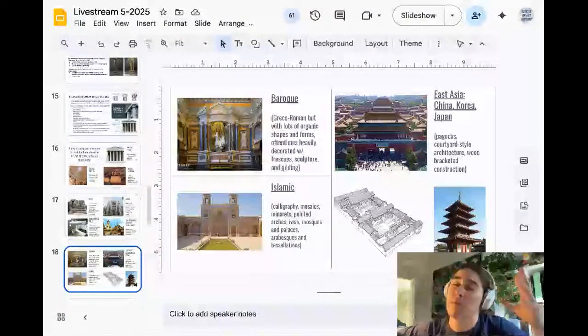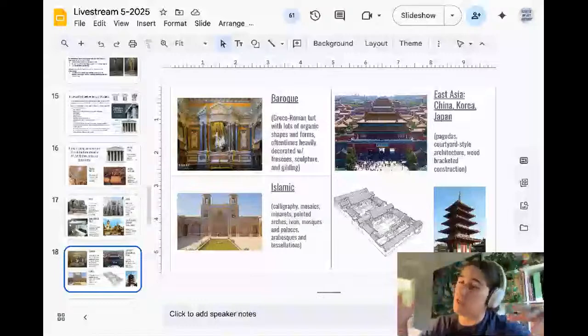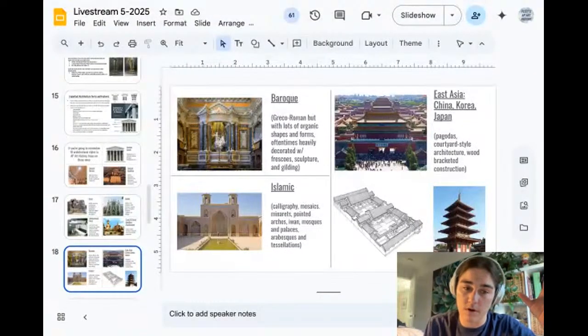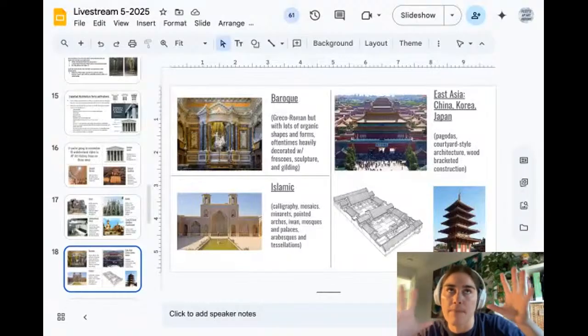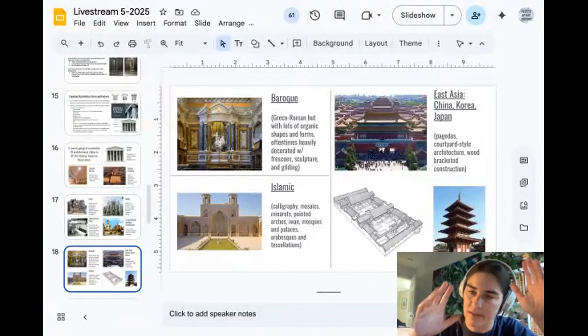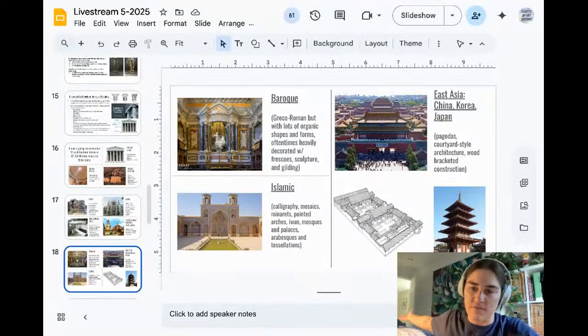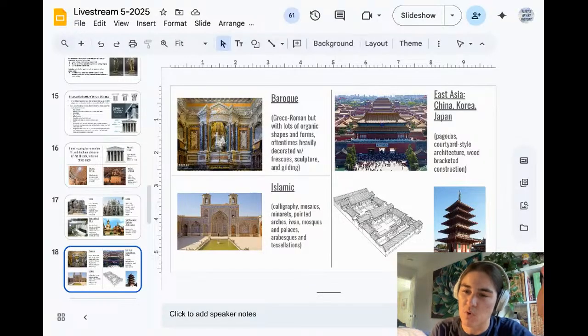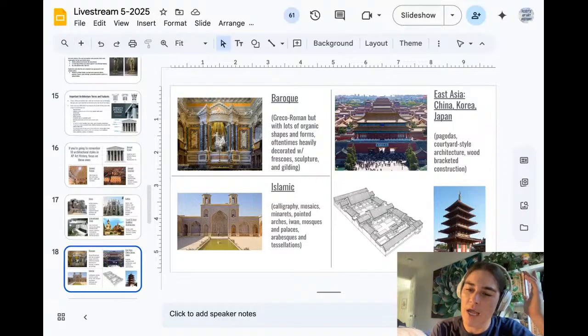These figures occupy space, but they're a lot less stiff than what you would expect to see in high Renaissance artwork. It's a lot more dramatic. There's a lot more movement. There's a lot more of a sense of capturing a specific moment in time rather than a fake candid, like the School of Athens, right? In terms of understanding the differences between Northern Baroque and Southern Baroque, I would